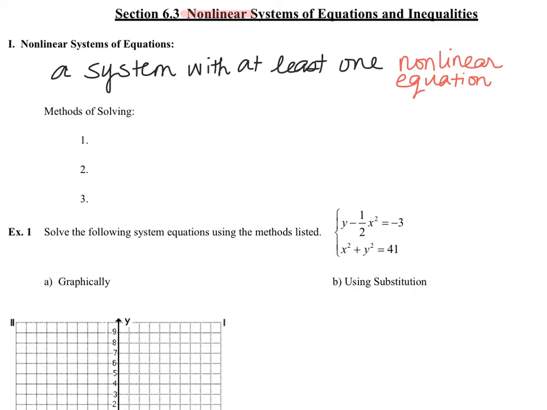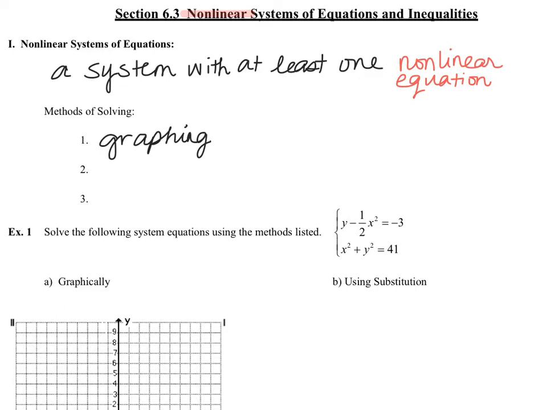But even though one of our equations is going to be nonlinear, our methods of solving are exactly the same as those that we used for solving systems of linear equations. So we know one option is going to be graphing. We can graph the two curves and find the intersection that way. And of course we could do that by hand, or we could use technology, using a graphing calculator